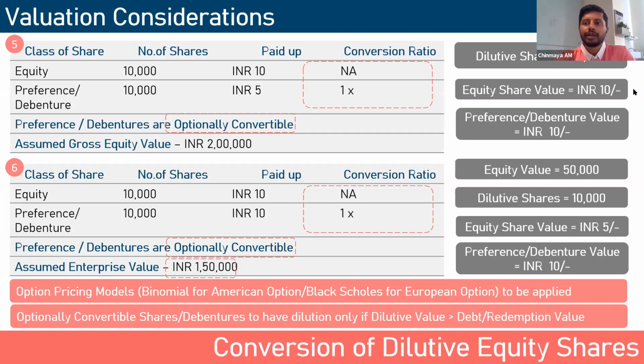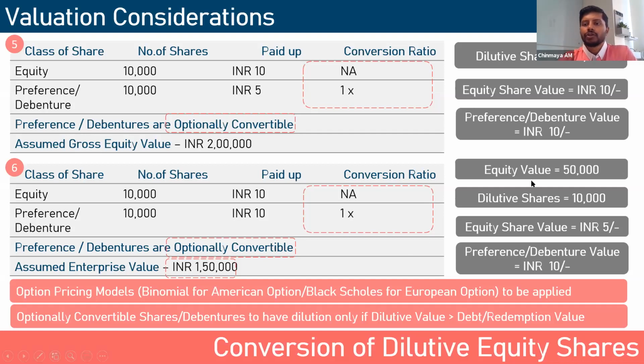Both values are becoming the same even after applying optionality. But maybe we can just see the next two examples and then come back. Then maybe we'll better understand. See, in the next example, almost all the factors are similar, but the enterprise value is 1.5 lakhs, which is even less than the capital contribution of the